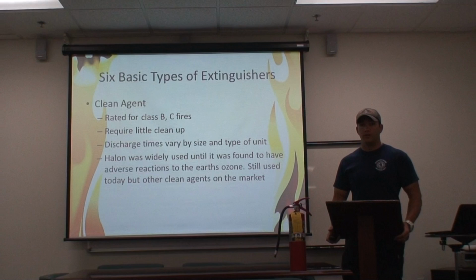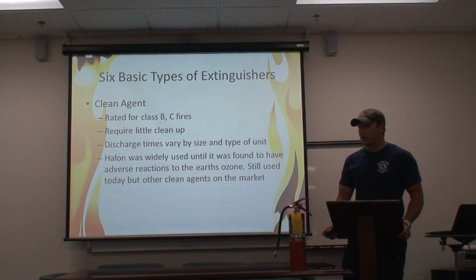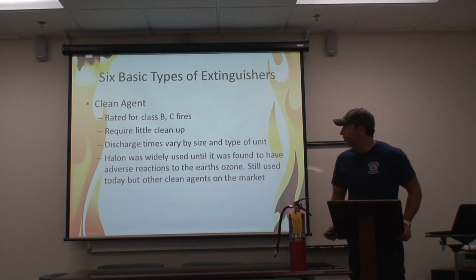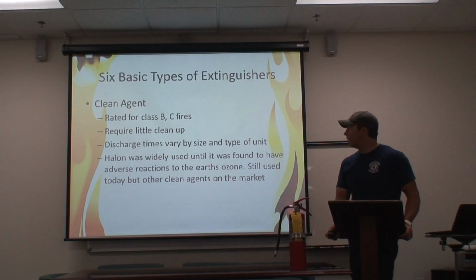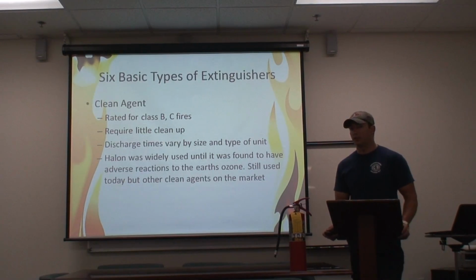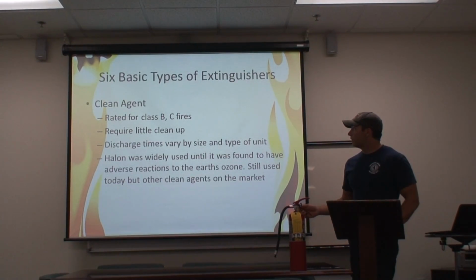They can be units that are for huge electric rooms, all kinds of things, even boats. I know boats used to use them. But halon has stopped being used as much. They have new clean agents out on the market that are a little bit safer. Halon has been found to be destructive to the ozone layer, so for all the